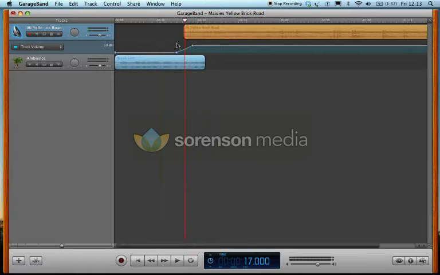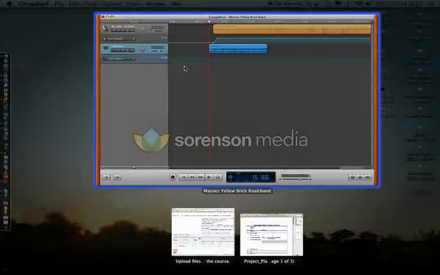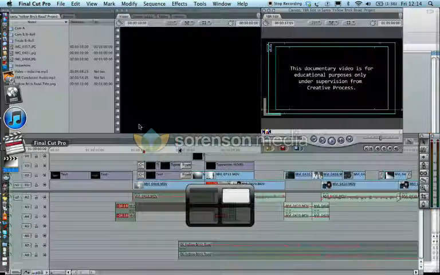What I'm doing now is literally setting pinpoints to how I want the music to fade in and to what level I want the music to fade into. So what I want to do is drag this over here, because the sound effect, like I identified before, doesn't come in until about 15 seconds. So I want to go back onto Final Cut Pro